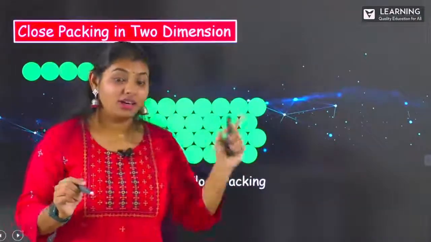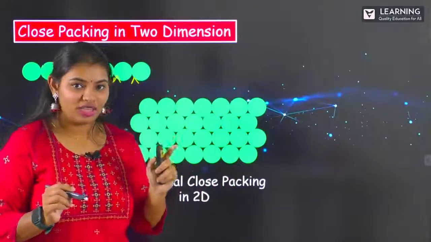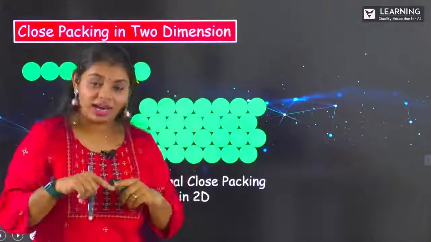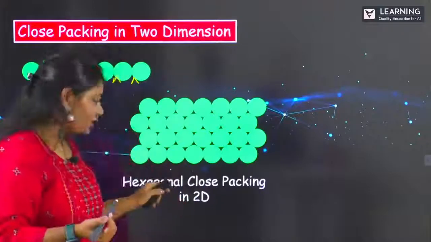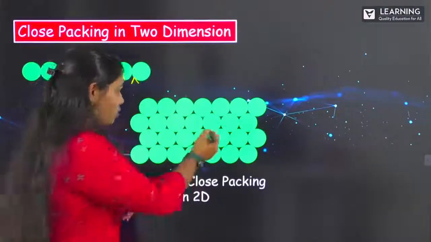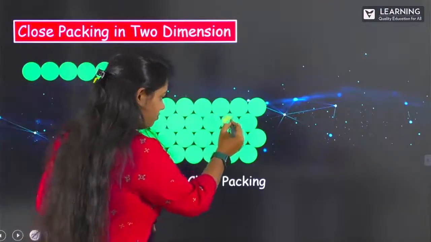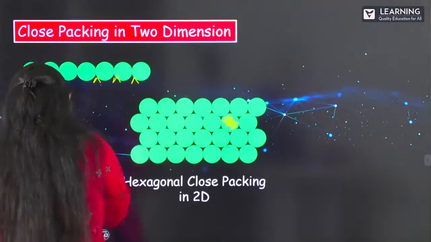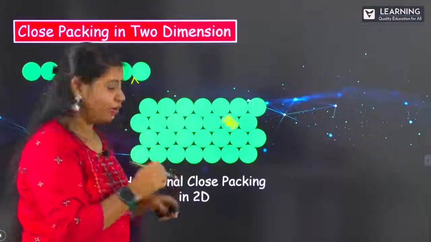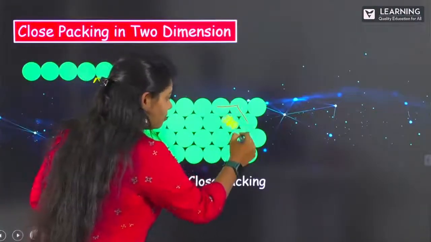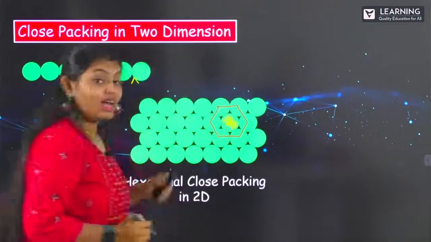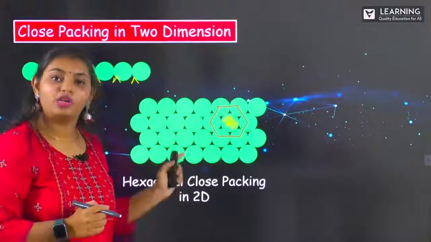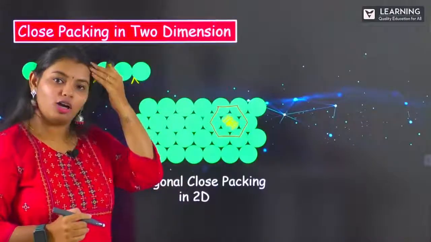As I told, the nearest neighboring particles, how exactly are they formed? In the previous one, it was formed like a square, right? In this, how will it be formed? From the name, it will be formed like a hexagon. So imagine I'm just taking this. When I take this particular particle, or any particle for that matter, it's your choice, what is being formed here? A hexagon is formed, right? That is the reason this kind of close packing in 2-dimension is called hexagonal close packing.